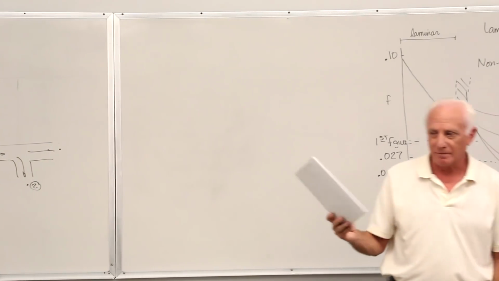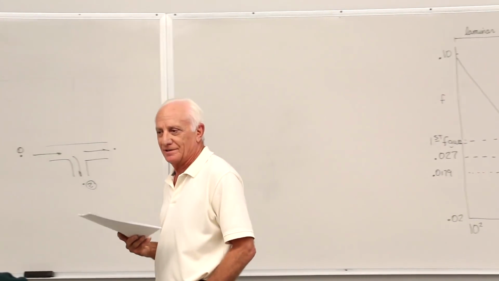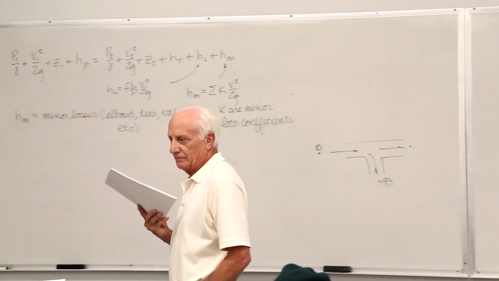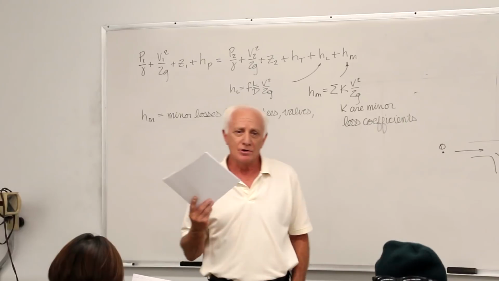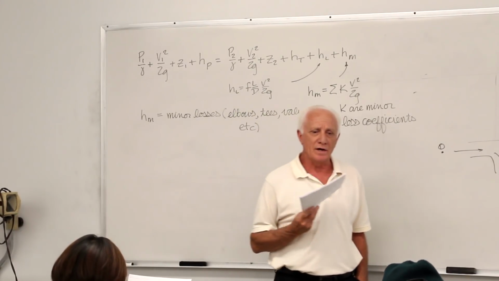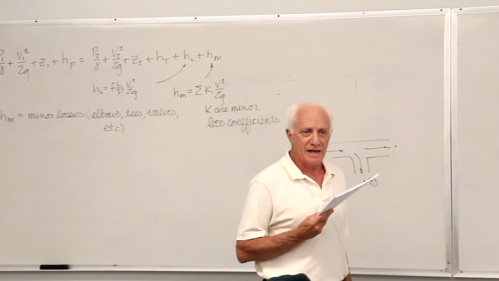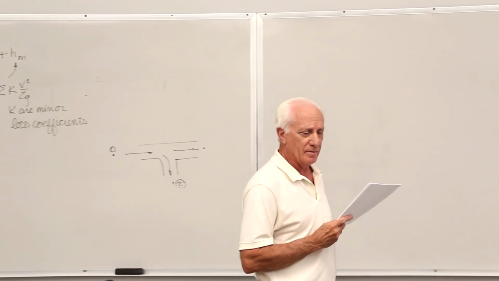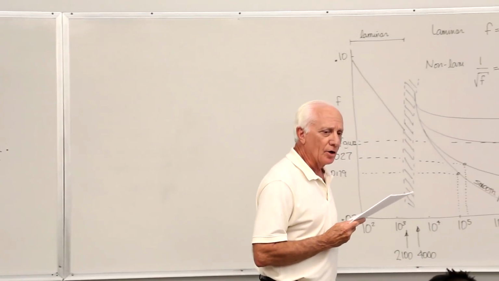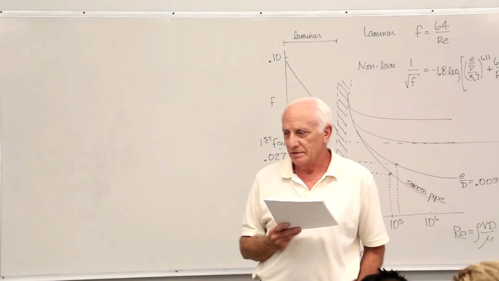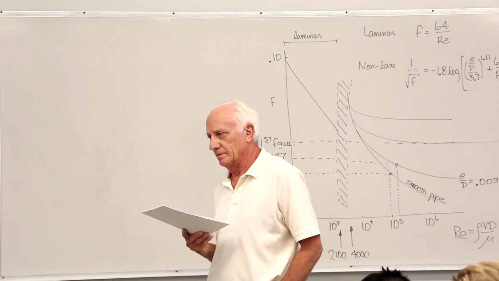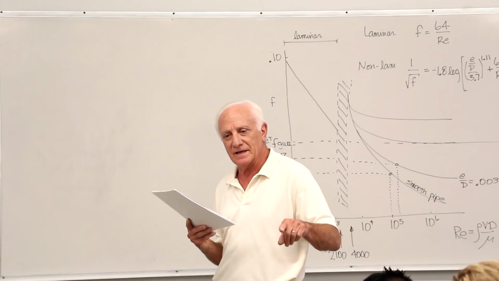Where do these things come from? Oh, they came from experimentation. We've got a whole setup in the fluid mechanics hydraulics lab. You can go down there and put anything you want in our pipe network and find the K value. As a matter of fact, that's one experiment. A globe valve, a gate valve, a swing check valve, a filter, all those things. You can find the K value.